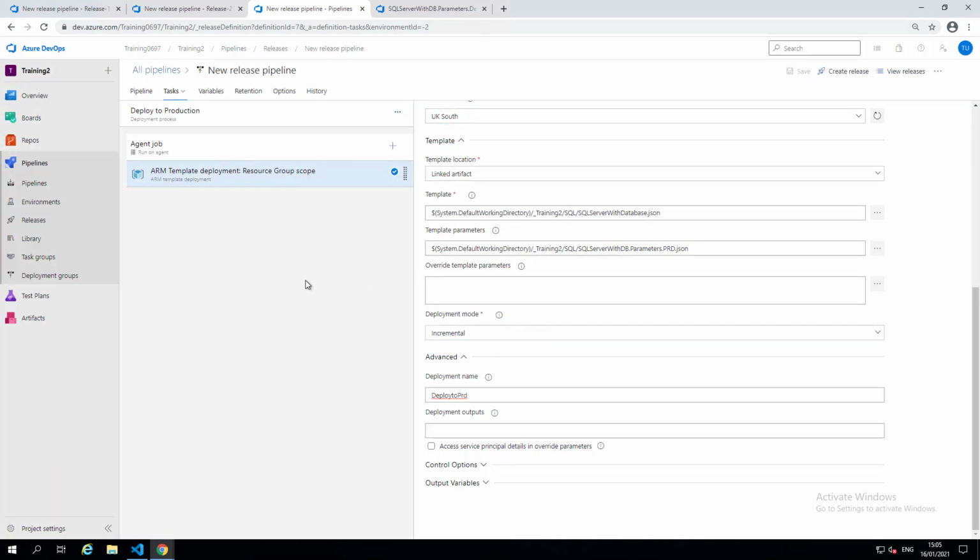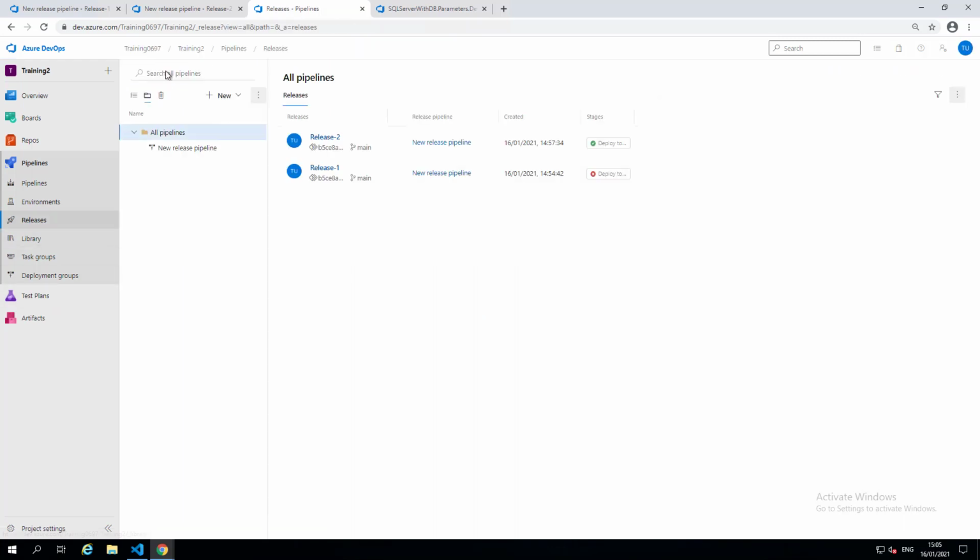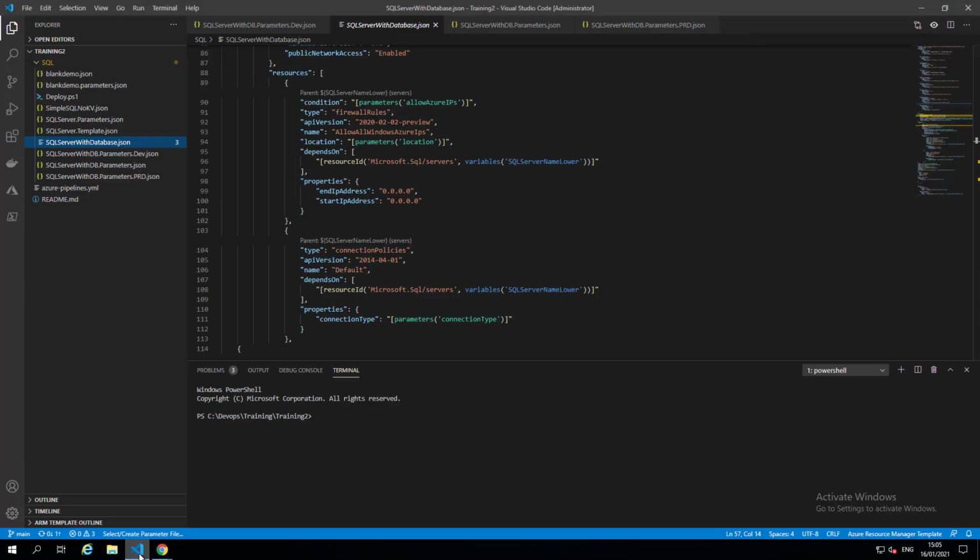Okay, now we won't create a release just yet. What we'll do is, if we take a look at the pipeline settings here, if we go all the way out to here. So when we set up this release, we selected continuous deployment as the trigger, so we'll take a look at that next.